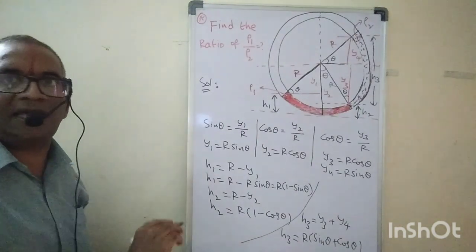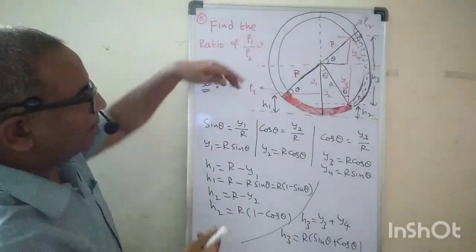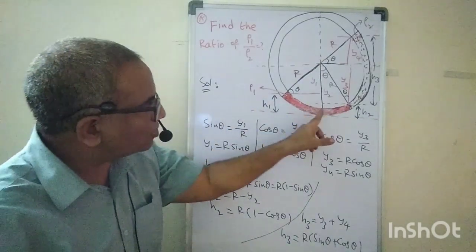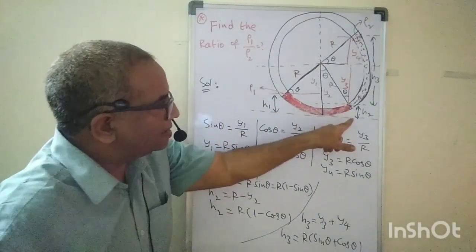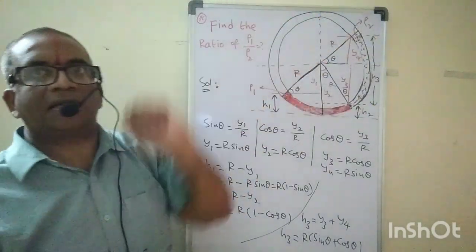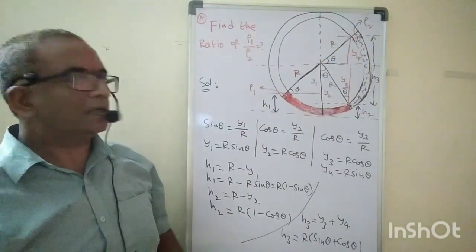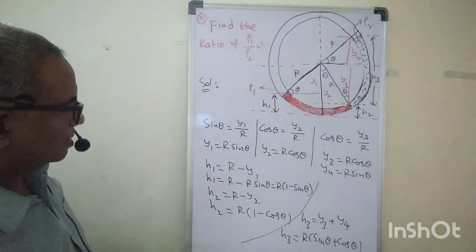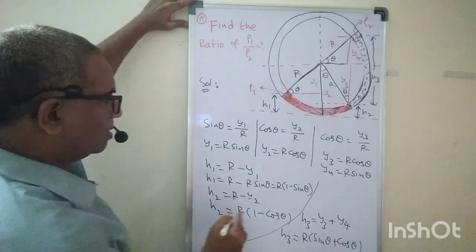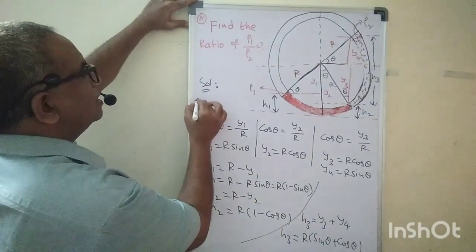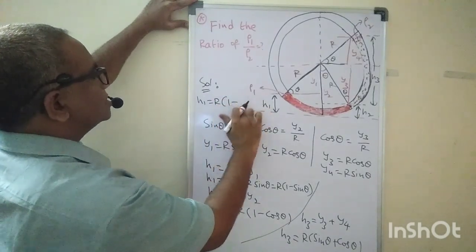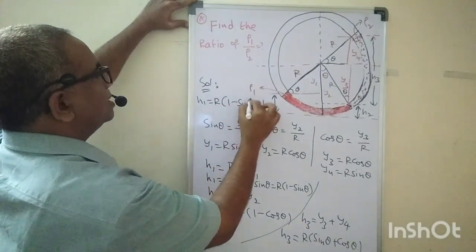Okay, see carefully what we got here. We got the height of rho 1, h1, and the height of rho 1 on the right side, that is h2, and the height of rho 2, that is h3. So three heights we got. What is the height h1 here? Height h1 is r into 1 minus sin theta. So h1 equals r into 1 minus sin theta.